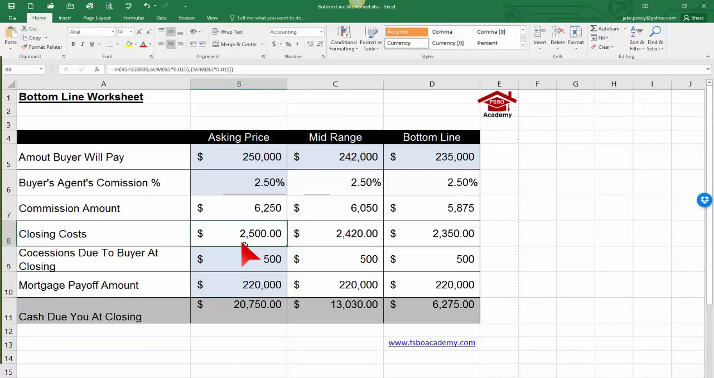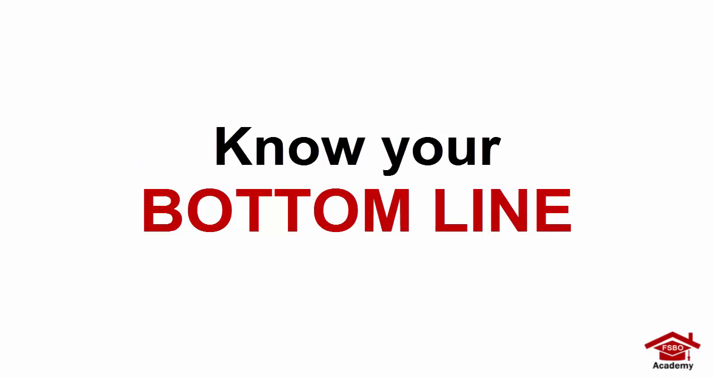So come in here, download this worksheet, play around with it, or go ahead and download and print out the other document, handwrite those in there, do the calculations manually, whatever you're more comfortable with, but make sure you know your bottom line before you start